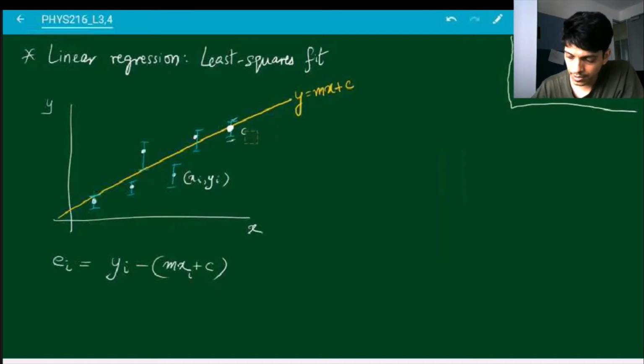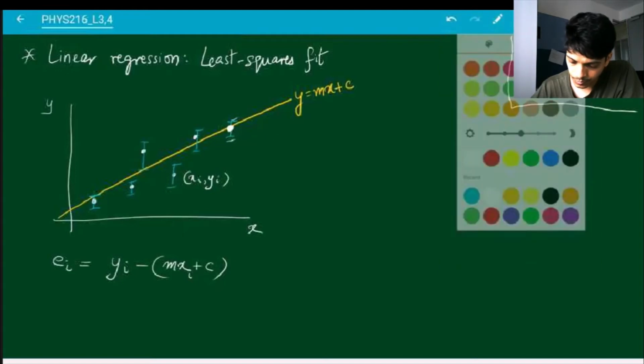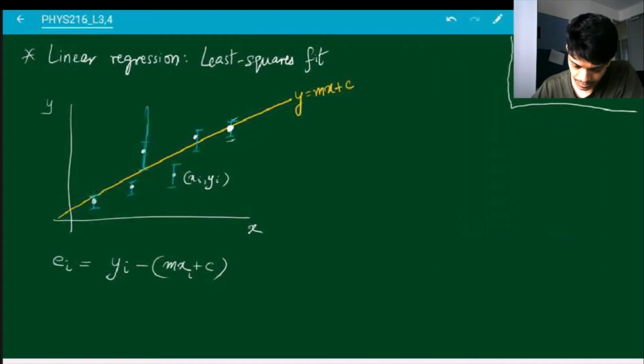Now, of course, if for one particular point the error bar is actually very large, meaning the measurement could have been anywhere, then this measurement is almost useless. Because what does it mean? You've made a large error and it doesn't really contribute much to where your straight line should be. So when you're trying to find the best fit, that is the word that we use.